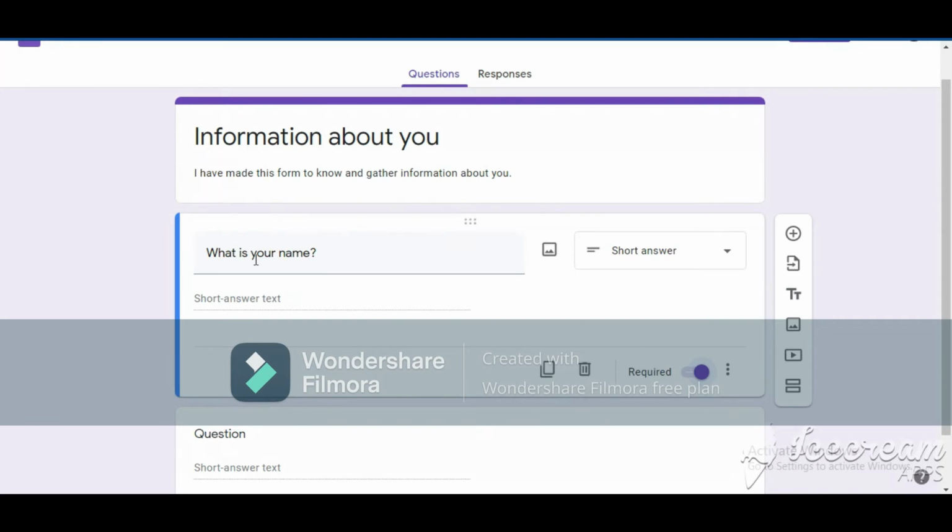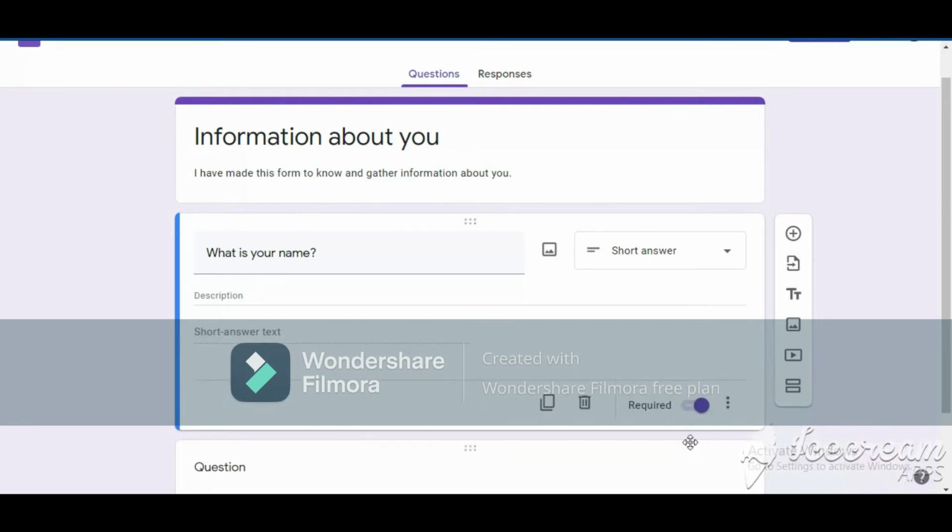Then if you want to add a description to this question, because if you want to make the question understandable in a detailed way, then by clicking on this more option, you should click the description option. By clicking that, the description will appear over here.